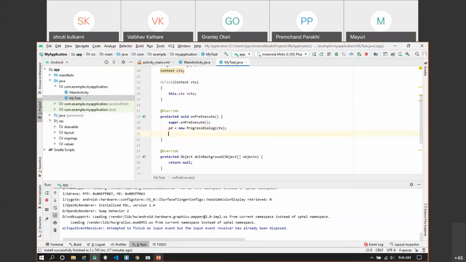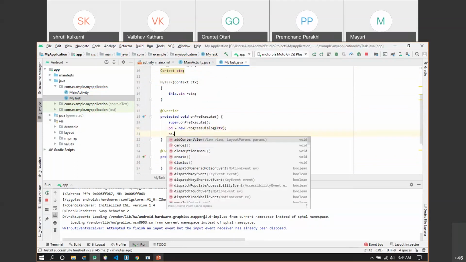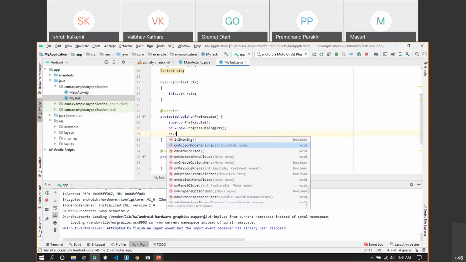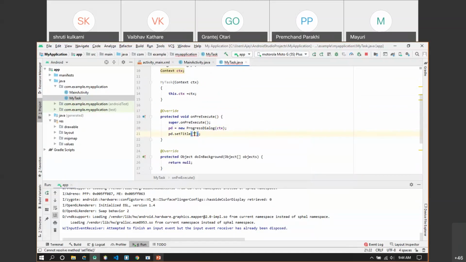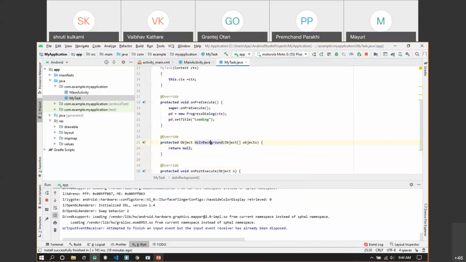Let's see what we can do with pd dot, and let me see whether any additional thing is available here or not. I'll not set the icon here. I'll just simply set the title. So title is equal to Loading. Then in doInBackground we can create a simple thread.